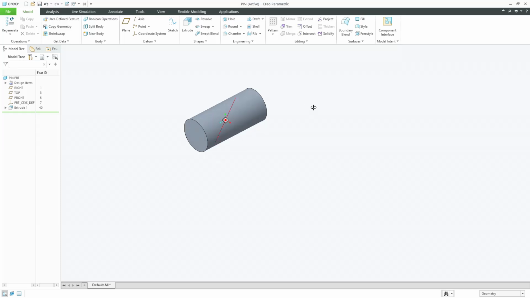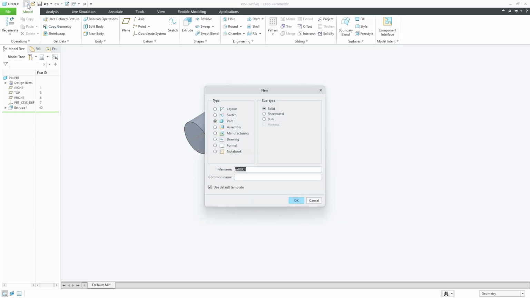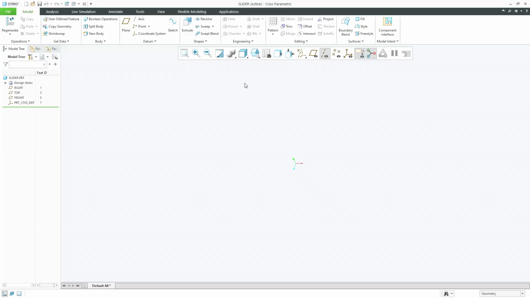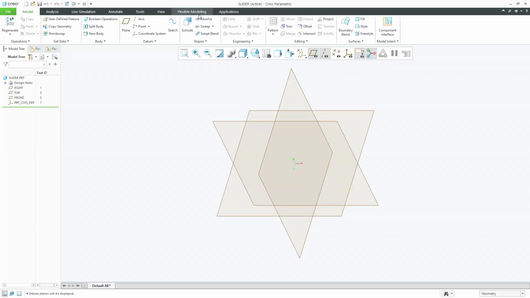So we have created a pin which the diameter is 10 and the length is 22 in symmetric. The last and previous part, we are going to create a slider which is also a kind of a cylinder. So next we are going to create a slider part which is more similar to a cylinder of an IC engine. So to create this, I'm going to use a revolve command,